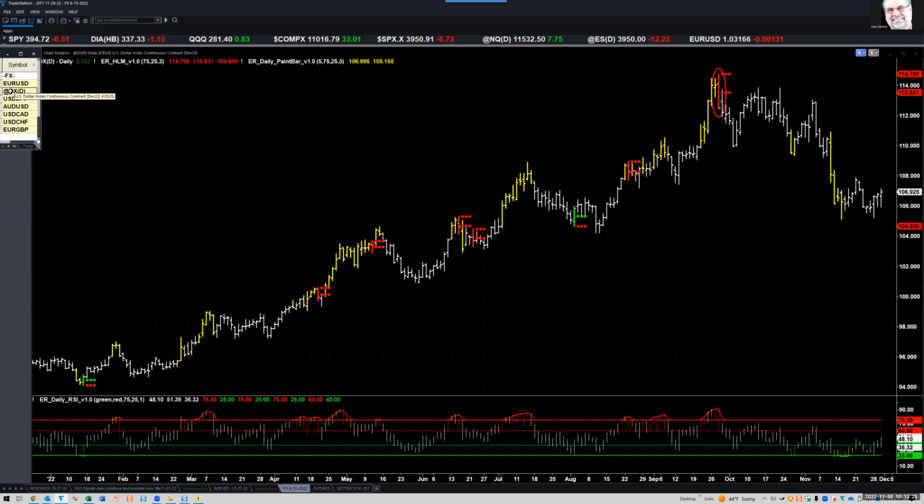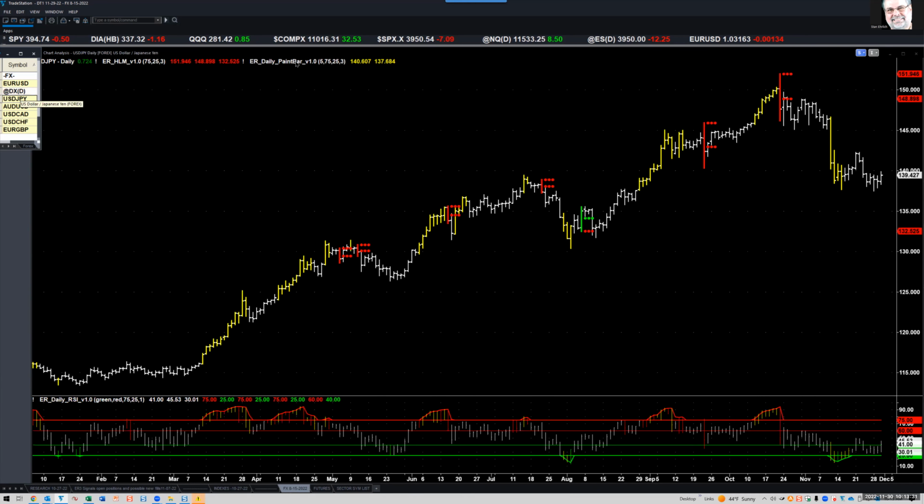Dollar index is exactly the opposite. Top formation, sell signal on the high move. I'm looking for red and green for the most part. See red on top, that's a sell signal. On the dollar yen, that's great. Buy